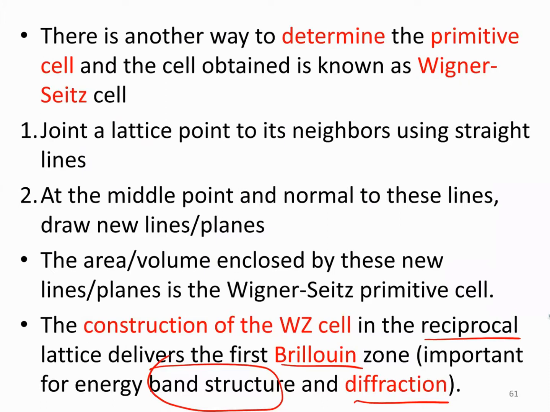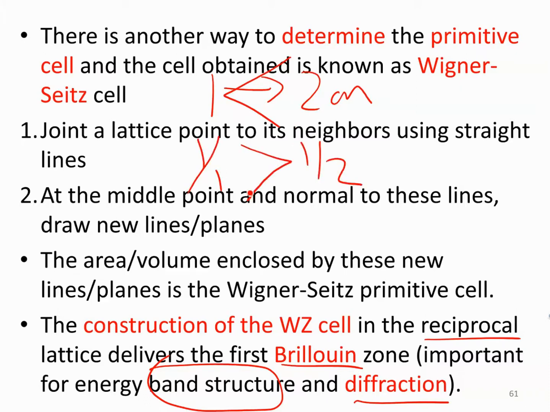So if the real length is 1 cm, then reciprocal will be 1 over 1 cm. If the real length is 2 cm, then the reciprocal is 1 over 2 cm. So in real life, 2 cm is longer than 1 cm. But when you convert it to reciprocal, then 1 over 1 is larger than 1 over 2. Can you get it? In real life, 2 cm is larger than 1 cm, but in reciprocal it becomes 1 over 1 and 1 over 2. So 1 over 1 is now larger than 1 over 2. So this is